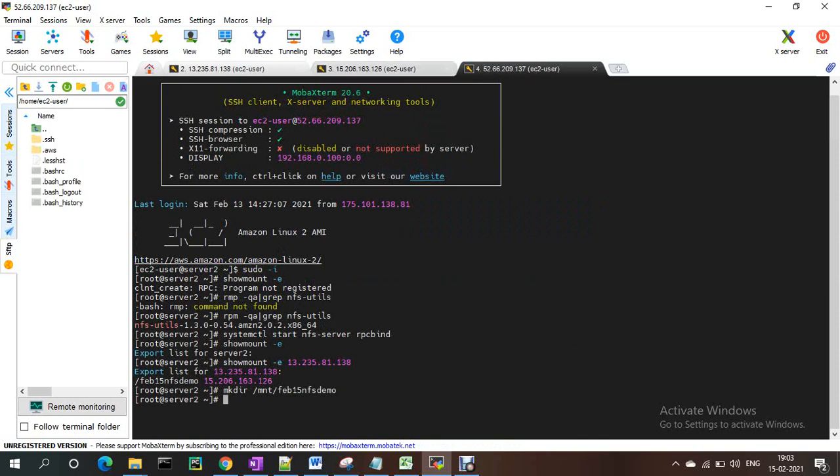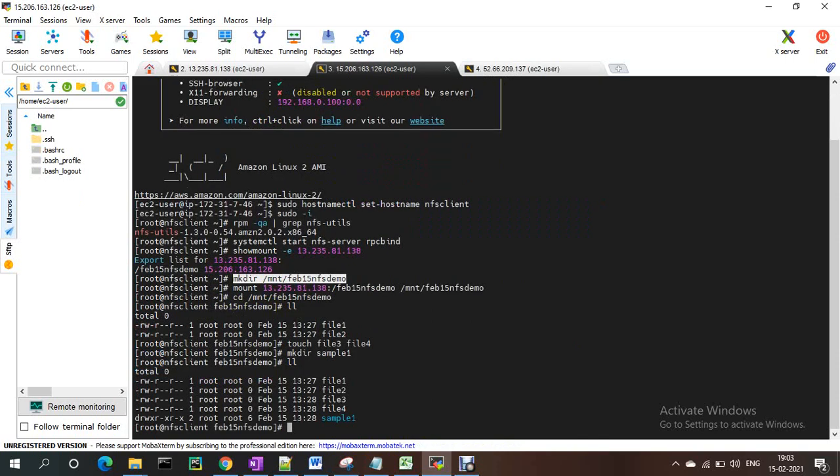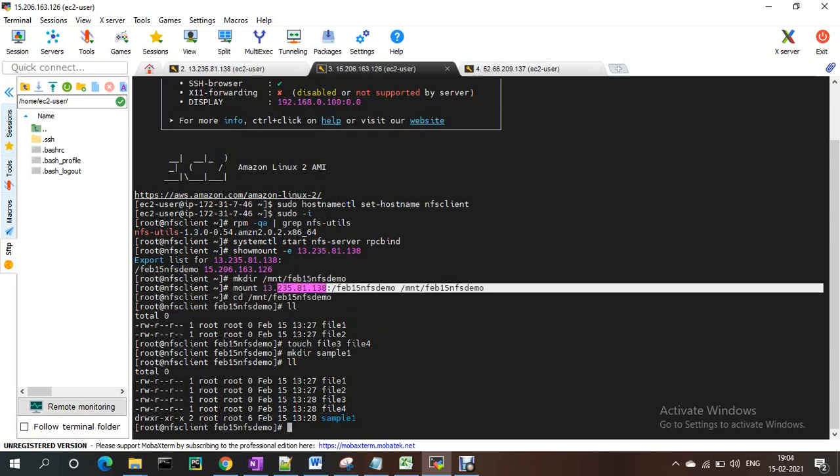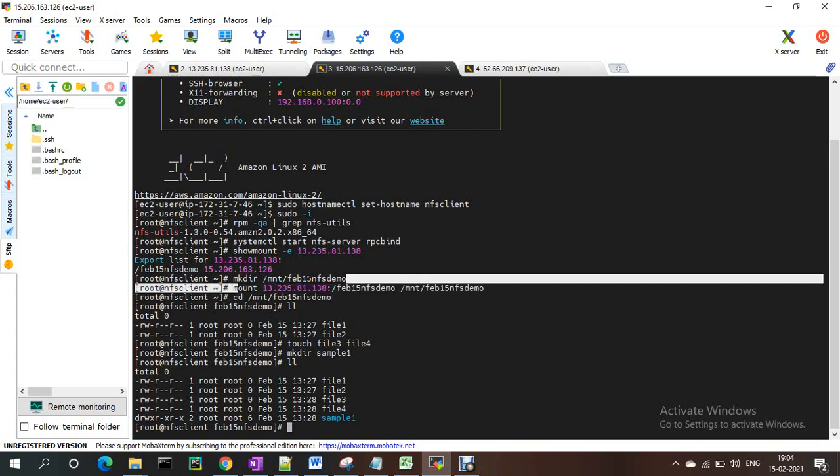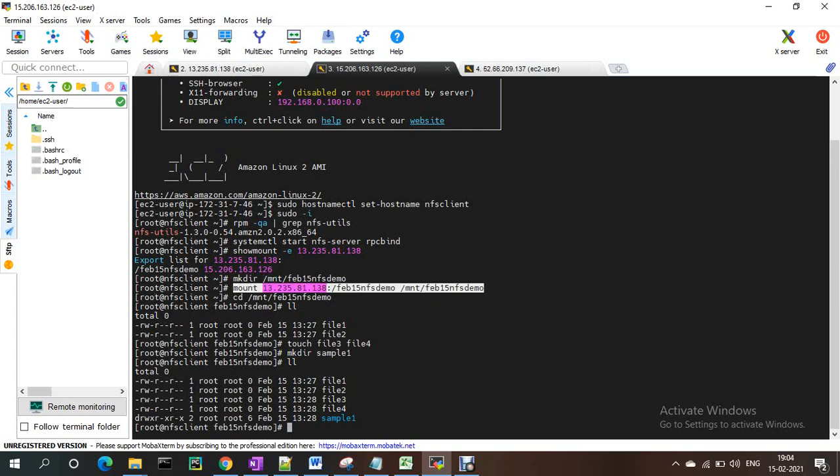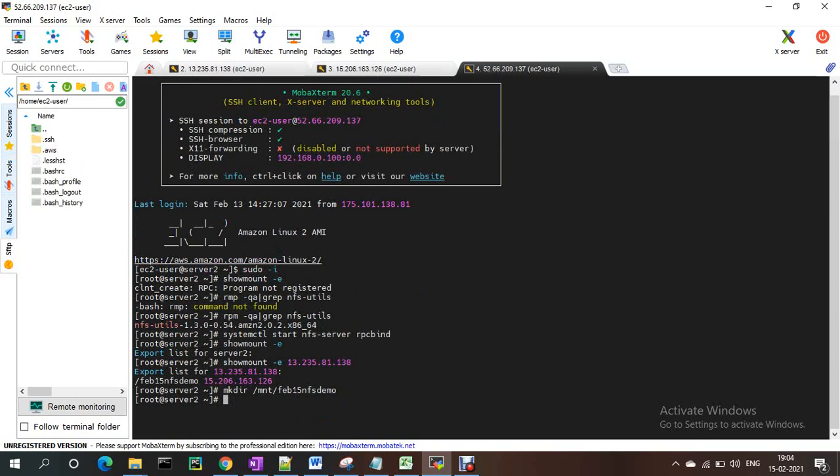I'm creating the directory on the server, and I'm giving the mount command, mount with the server IP and mount point. Okay, I just mounted it. Permissions are not there.